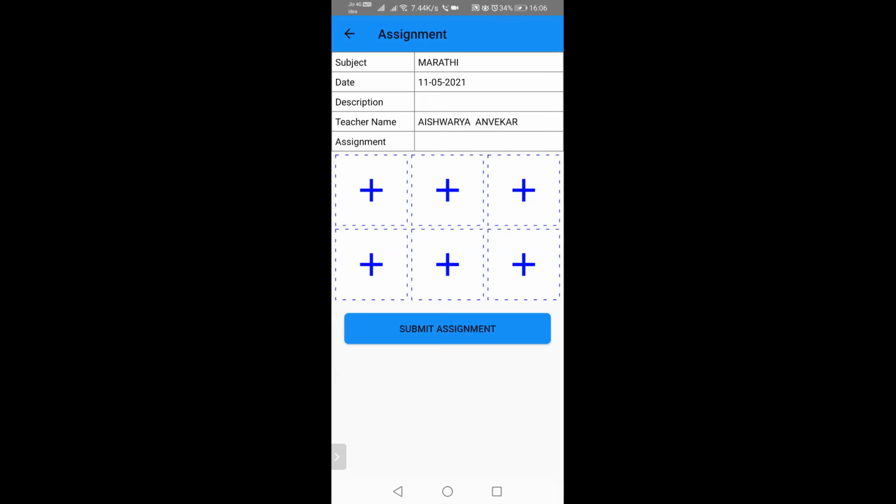And if images and everything are there, then it's a different thing altogether. So if you want students to upload images or anything, use the assignment module. And if you want only MCQ,